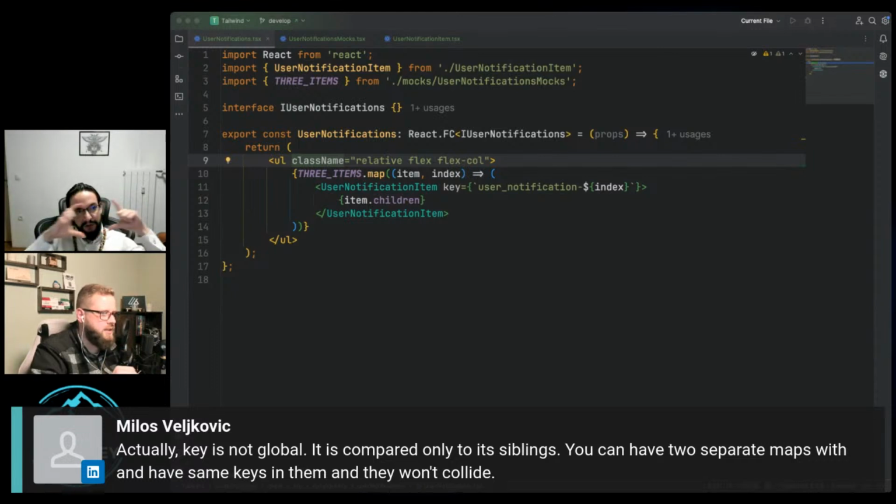Yeah, but the point is there's another aspect to it. Let me please explain. The point is, and this is what I mentioned before, if you have a user object and the user object is updating, next time you render you still have the same index inside there. It might collide at that point, because it might change the order of things rendered, and then the order is still indexed. And it doesn't cost you anything but some letters to make the key unique. As long as you have those keys unique, you are on the safe side.